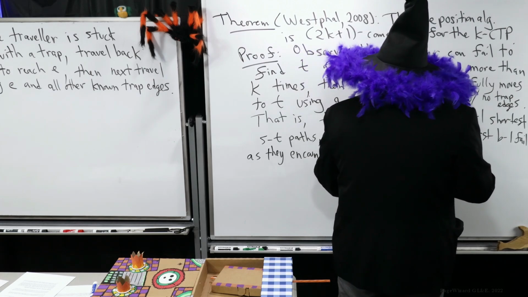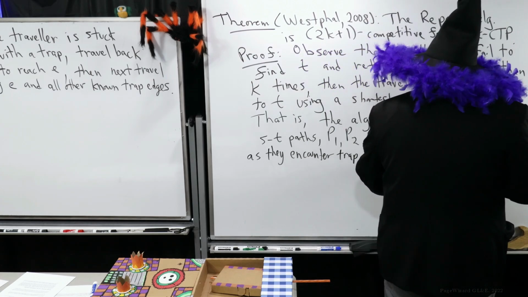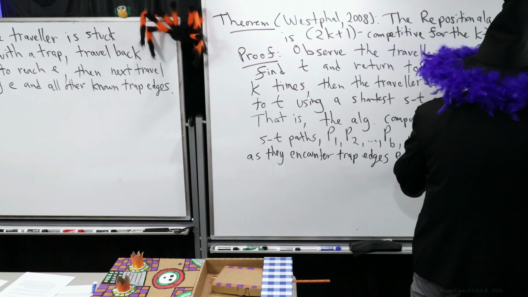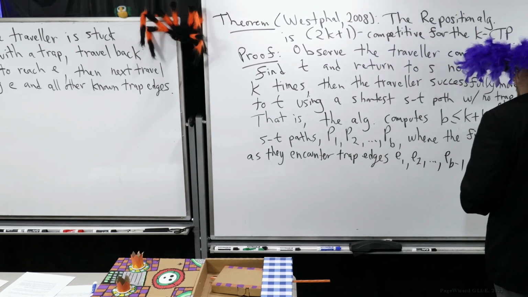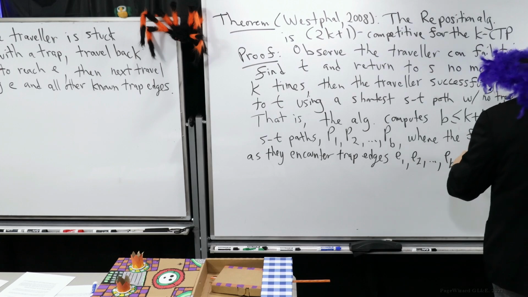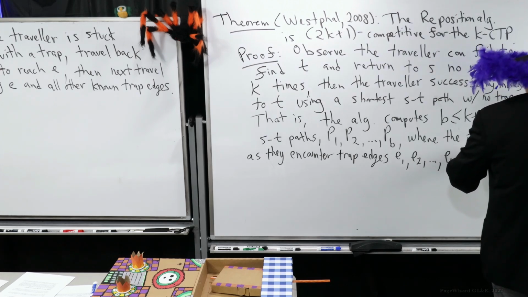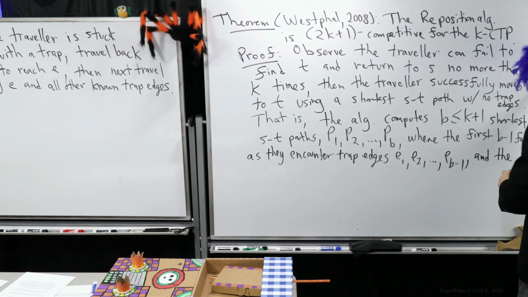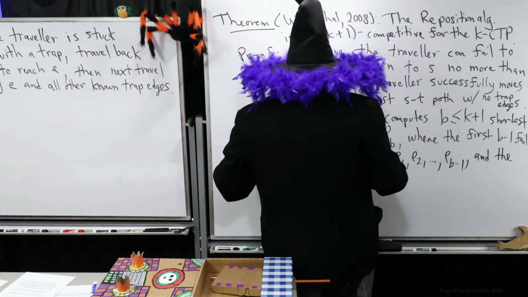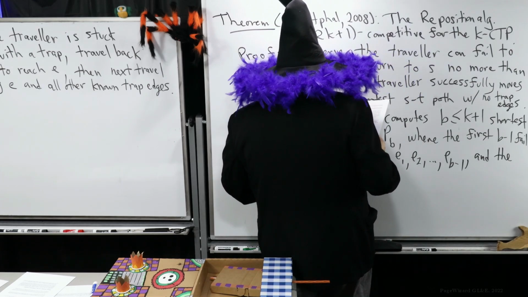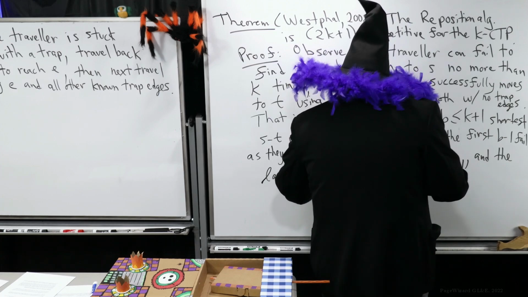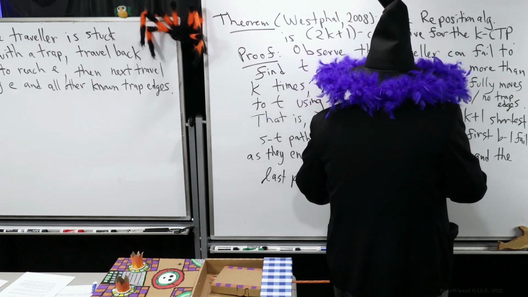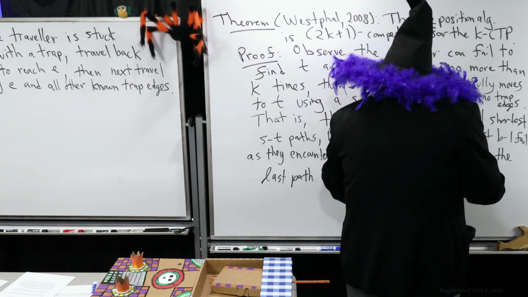So I'm going to give the trap edges names: e1, e2, all the way up to e_{B-1}. And the last path, PB, reaches T